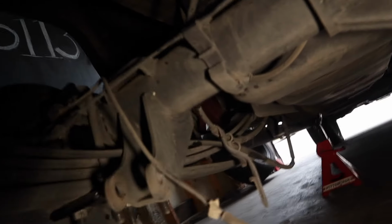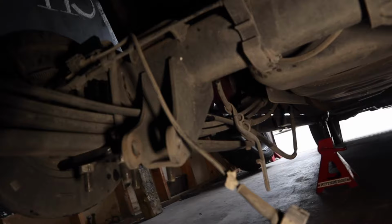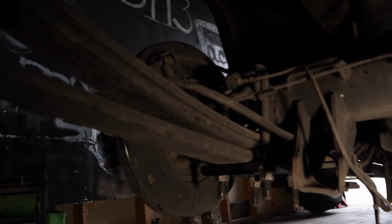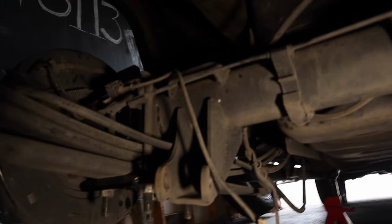The hitch does come off for you to access the bolts on the leaf springs if it has a hitch. I usually take off the spare tire, you know, it's just dead weight. So right now all I'm gonna do is put the shocks on and connect the sensors and zip tie them wherever they need to be zip tied so they don't get crushed anywhere. Put the wheels back on, sit it on the floor, and also put the hitch back on, put all the original bolts back on here, and then we'll start taking apart the front,